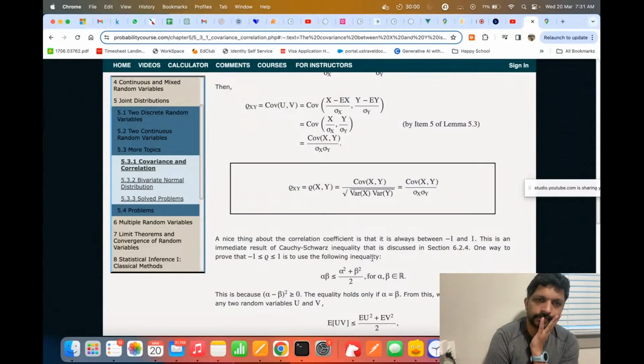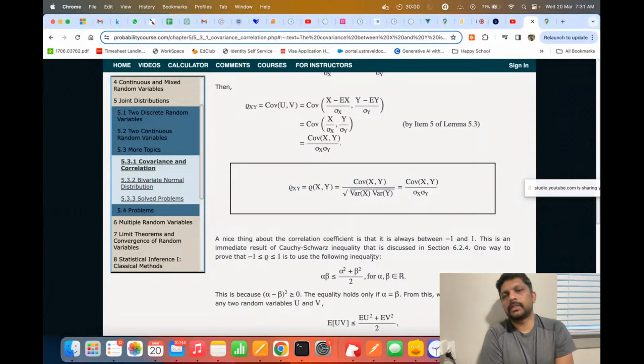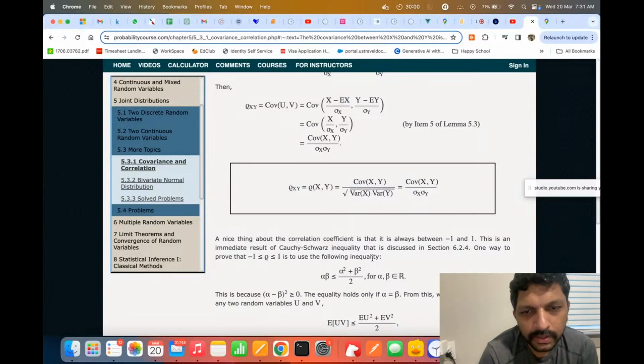One way to show this is to use the fact that for any real numbers, the product of the numbers, alpha beta, is less than or equal to,